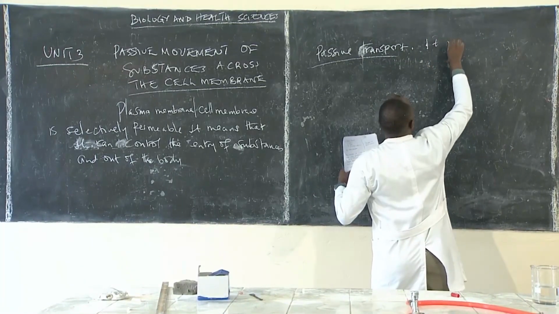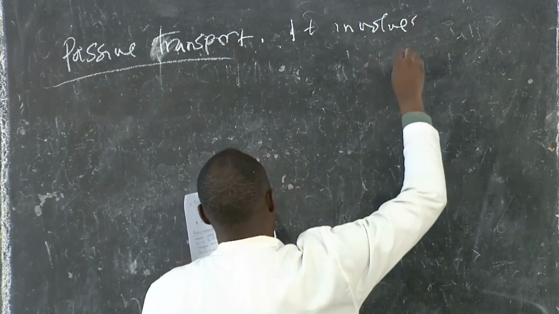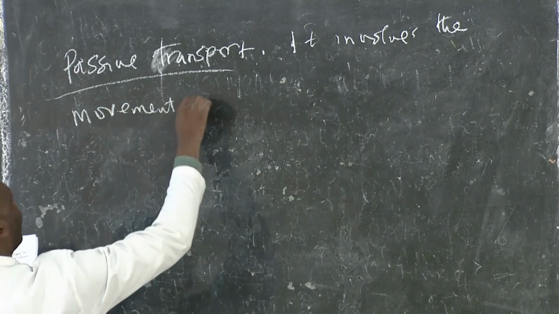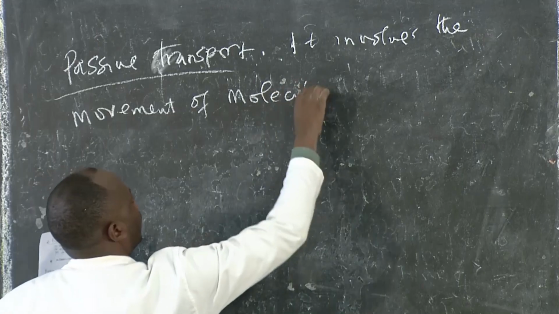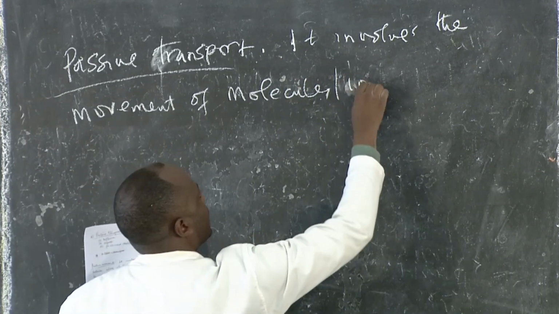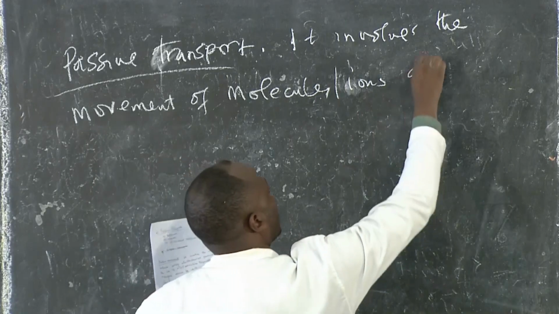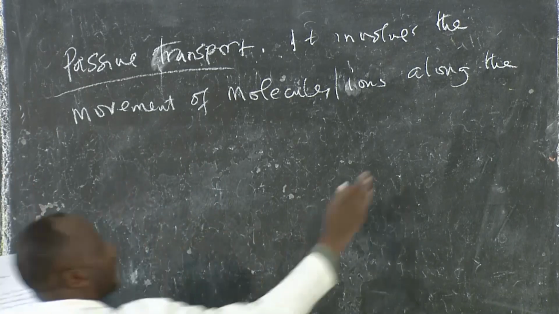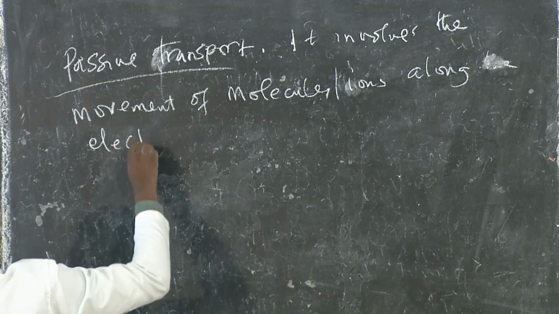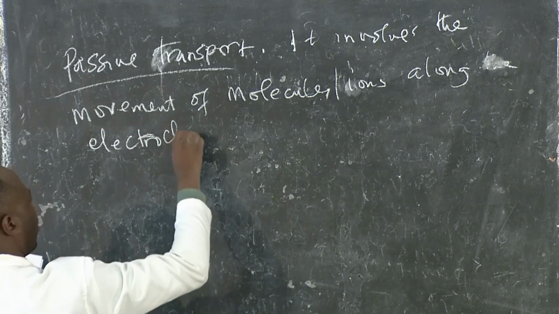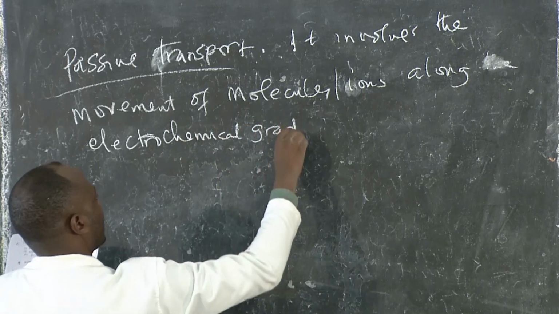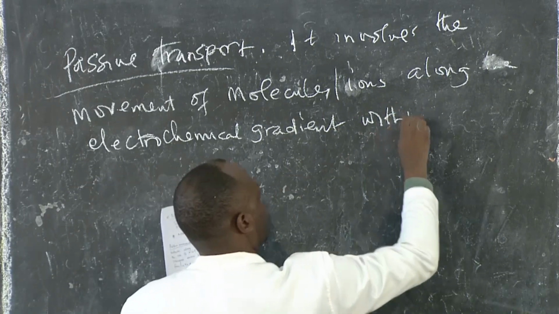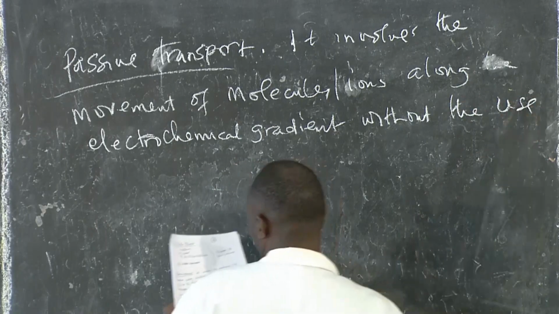It involves the movement of molecules, we can talk about molecules or ions, along an electrochemical gradient without the use of